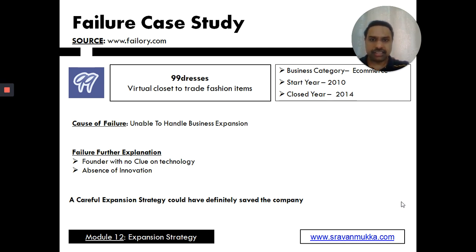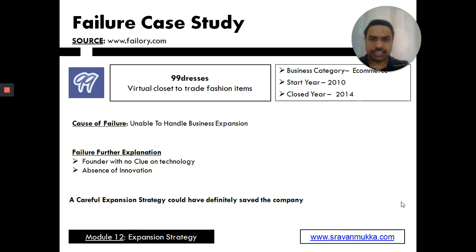The brainchild of this application noticed the high turnover in ladies' closets, whereby they purchase a designer fashion dress, wear it a couple of times, get bored, and end up leaving the dress hanging in the closet unused for months and years to come. The founder of the startup figured that it could be profitable and extremely fascinating to connect two or more ladies with similar issues, tastes, and needs and have them trade clothes. And so 99 Dresses was born.